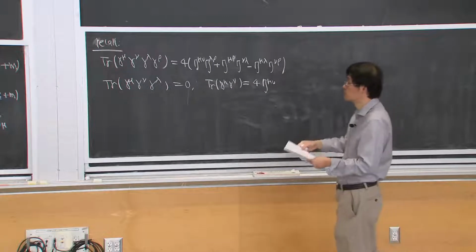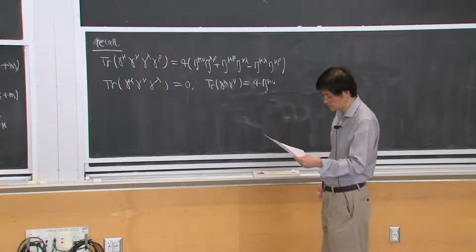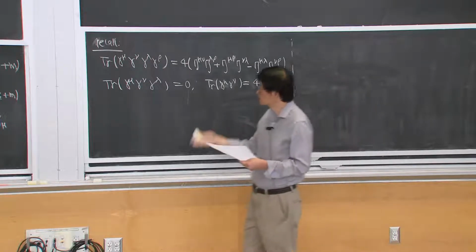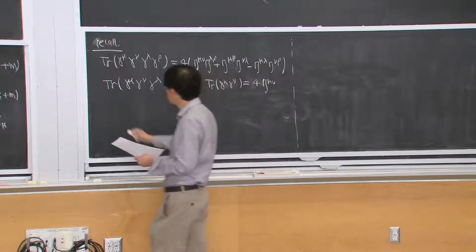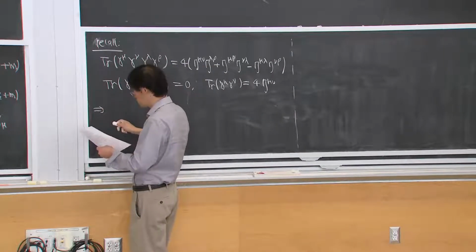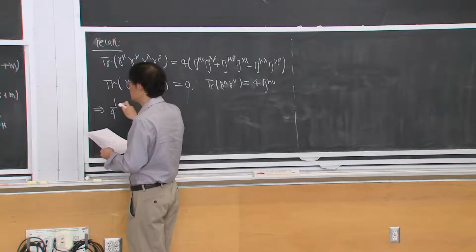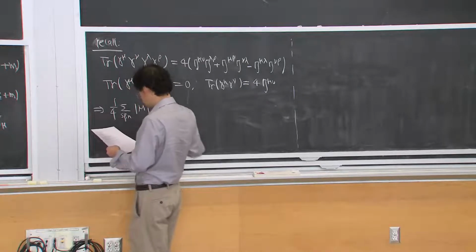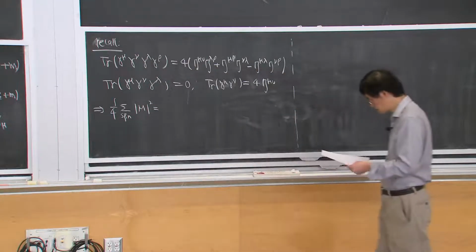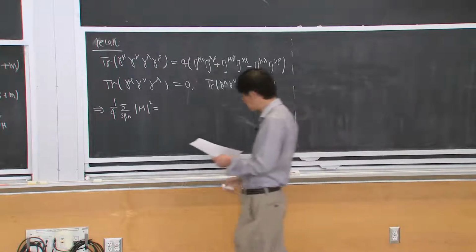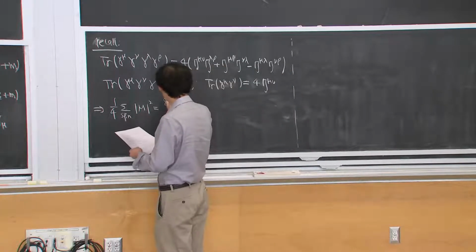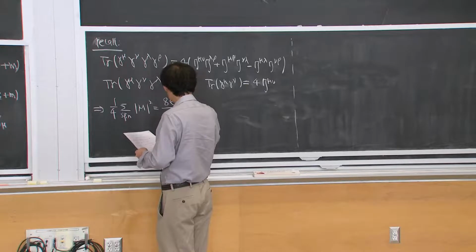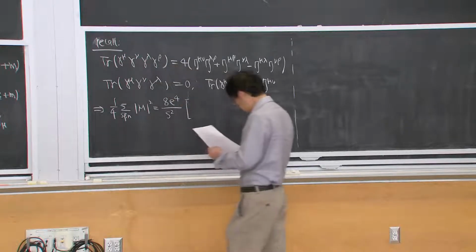Okay, so I will not do the calculation explicitly. You can just plug them in, and then it's mechanical. You can just calculate it, and then you find 1/4 sum over spin of the amplitude squared is equal to, let me write down the answer. Even though this answer is slightly long, I think it's instructive to write it down so that you see it. When you plug all this in and do the algebra, you find that the expression can be written as this: